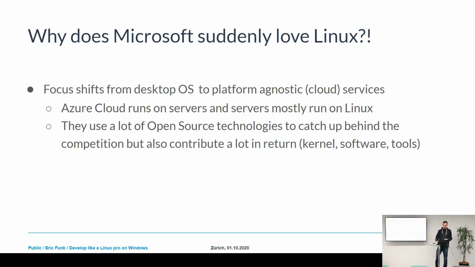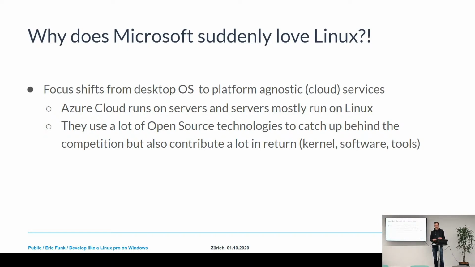And Microsoft did not only say, okay, we're going to run our cloud on Linux, they also suddenly became very interested in open source technologies. They used a lot of open source technologies, in my opinion, just to catch up. And they did not only use it, they also contributed towards open source in return.